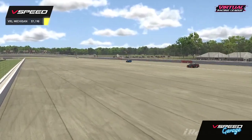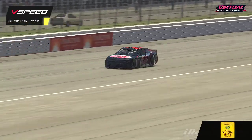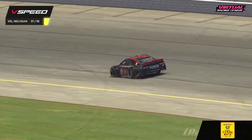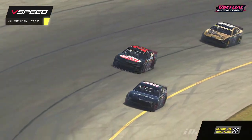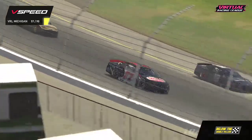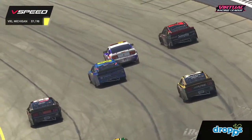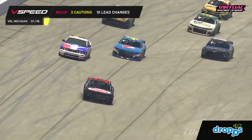We've got a lot of Adam Cabot fans. The Magic Man here showing us some magic early on in this race, but ended up coming up a bit short for the stage win. We'll see if he has anything here to go the rest of the way, but laps are just clicking off here. One of the faster Michigan races that I've experienced. So we'll do a quick recap. Just 3 cautions and 10 lead changes